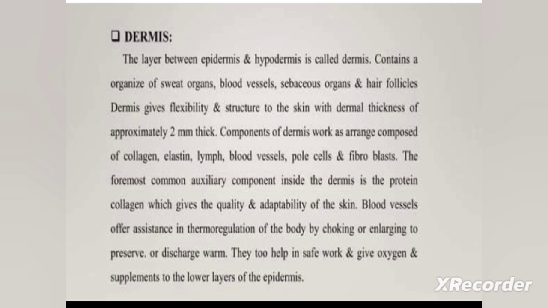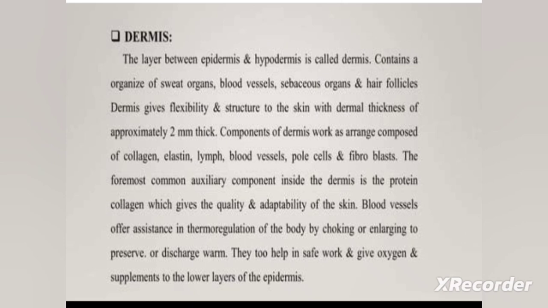Next is dermis layer. The layer between epidermis and hypodermis is called dermis. It contains sweat organs, blood vessels, sebaceous organs, and hair follicles. Dermis gives flexibility and structure to the skin, with a dermal thickness of approximately 2 mm. Components of dermis work as arranged compounds of collagen, elastin, lymph, blood vessels, mast cells, and fibroblasts. The foremost common auxiliary component inside the dermis is the protein collagen, which gives the quality and adaptability of the